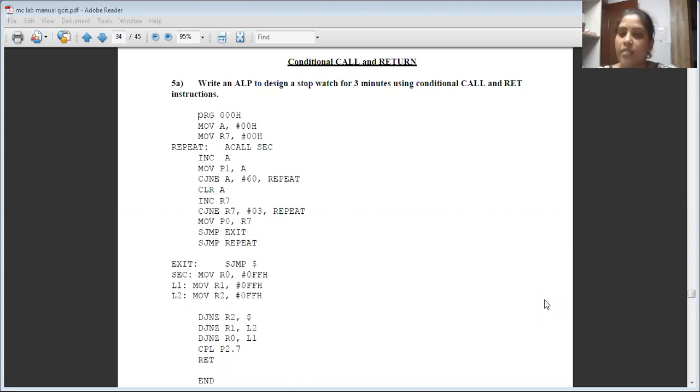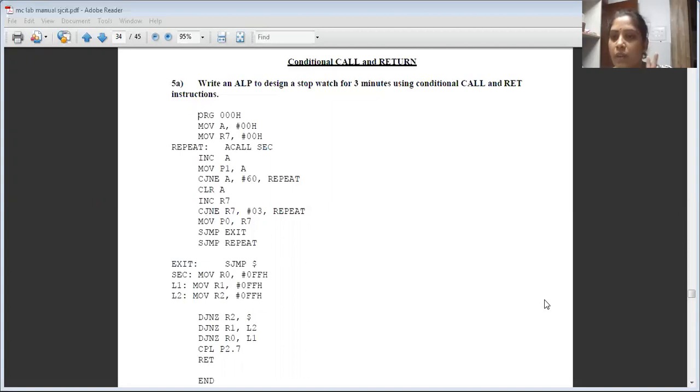Now, as you run programs in the microcontroller, when the processor is running some main program, if you want to stop the execution or run any sub program, to jump from the main program to the sub program, you'll make use of these two instructions. That is the call instruction. The call instruction will be used to jump from execution of the main program to the sub program, and to return from the sub program to the main program, we'll make use of the return instruction.